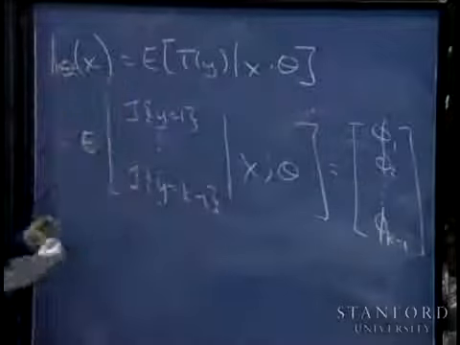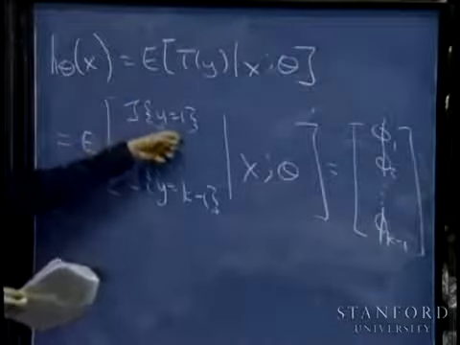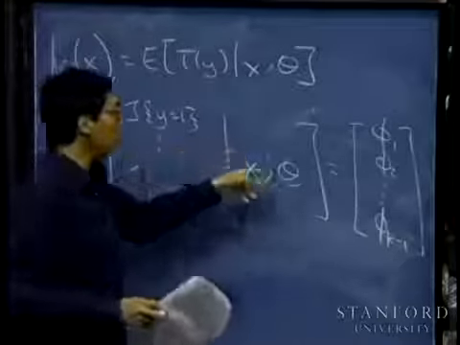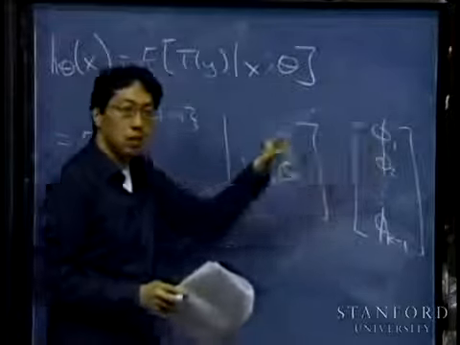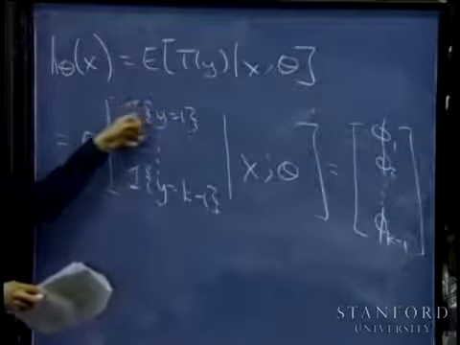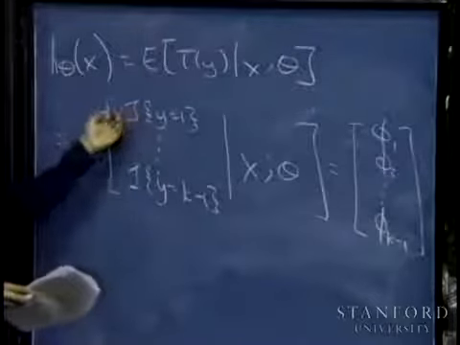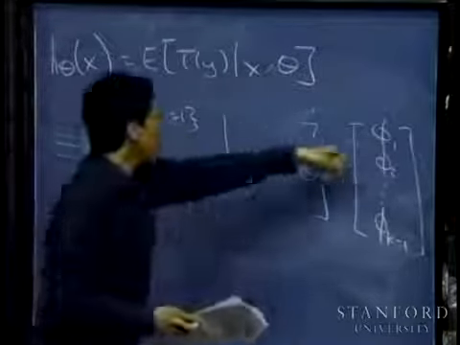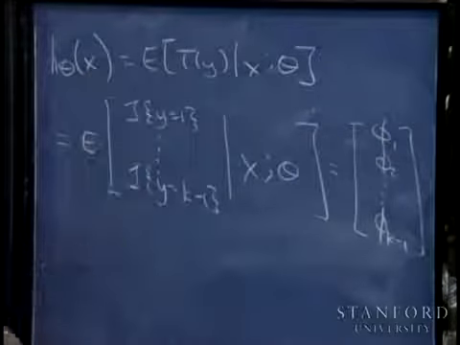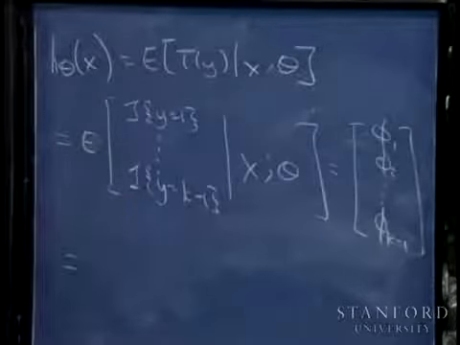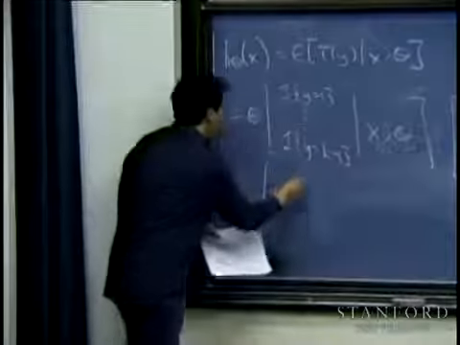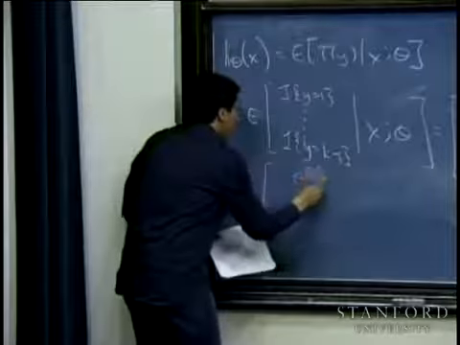But the expected value of the indicator y equals 1 is just the probability that y equals 1, which is given by phi 1. Right, so I have a random variable that's 1 whenever y is equal to 1 and 0 otherwise. So the expected value of this indicator is just the probability that y equals 1, which is given by phi 1. And therefore, by what we worked out earlier, this is e to the theta 1 transpose x over,